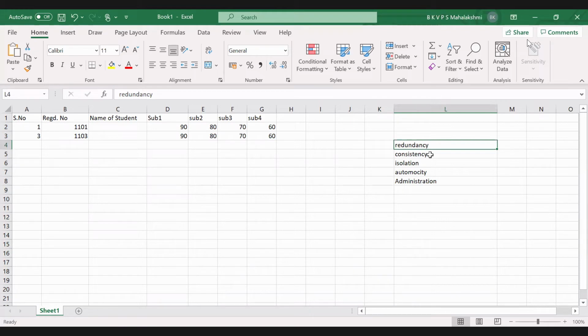Can you stop it? No. Consistency is also not possible to overcome in the file system, and likewise isolation, atomicity, and administration. Administering the data is also difficult.